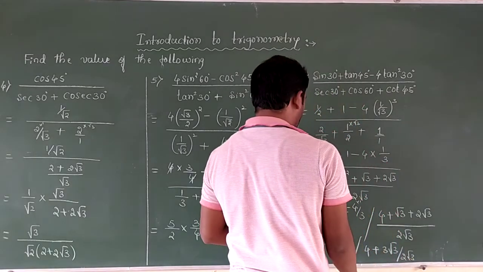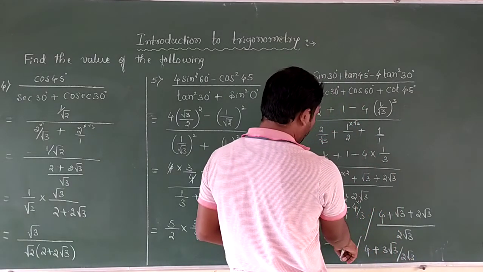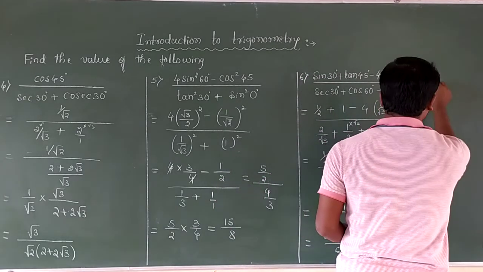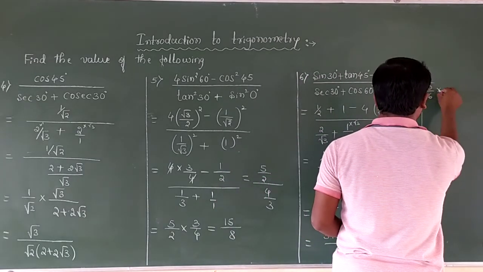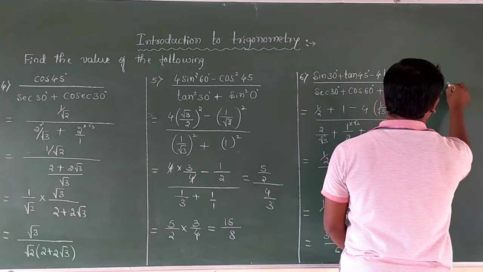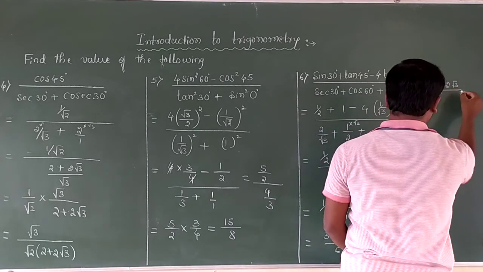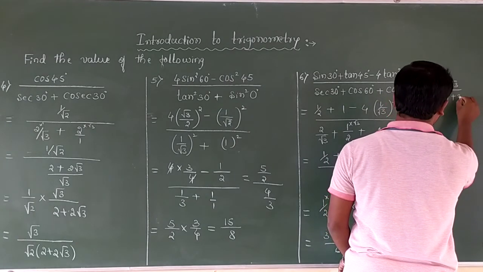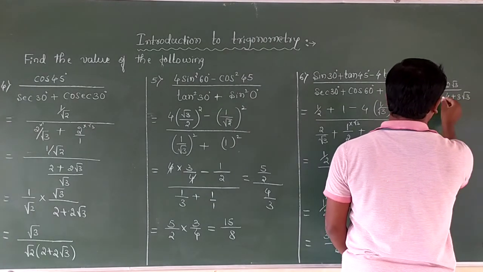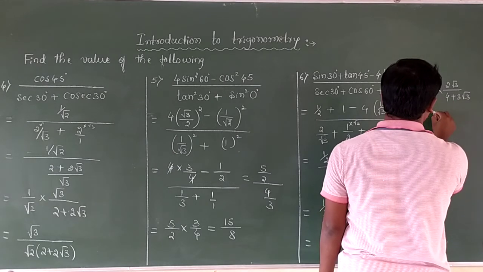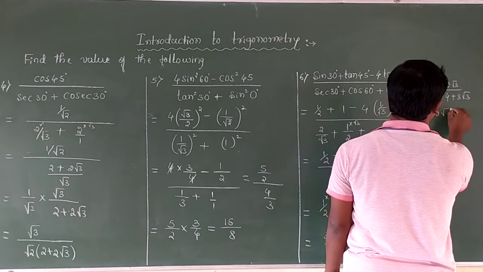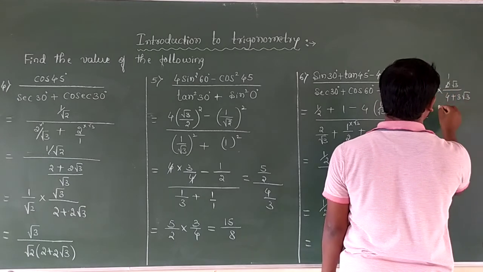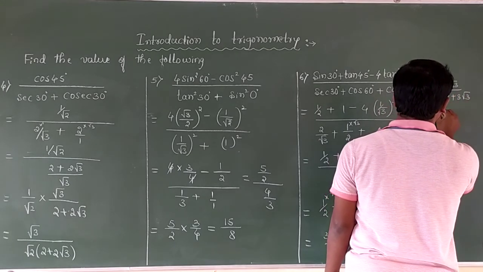So simplify this one again. This is equals to 9 minus 4, 5 by 6 into this one is 2 root 3 whole divided by 4 plus 3 root 3. So simplify this one. This is equals to 10 root 3, or you can simplify 2 1s are 2, 2 3s are 6, so it is 5 root 3